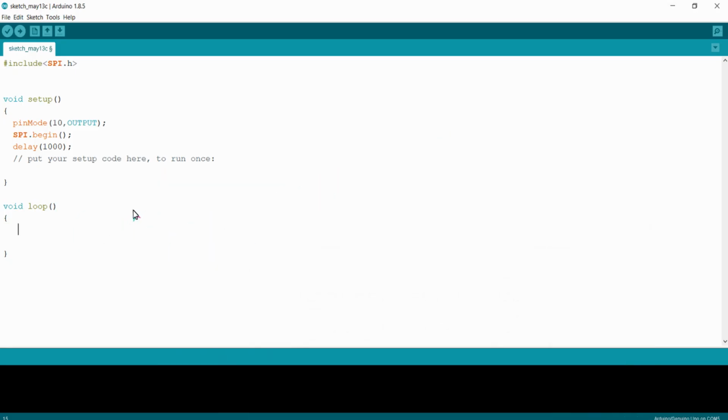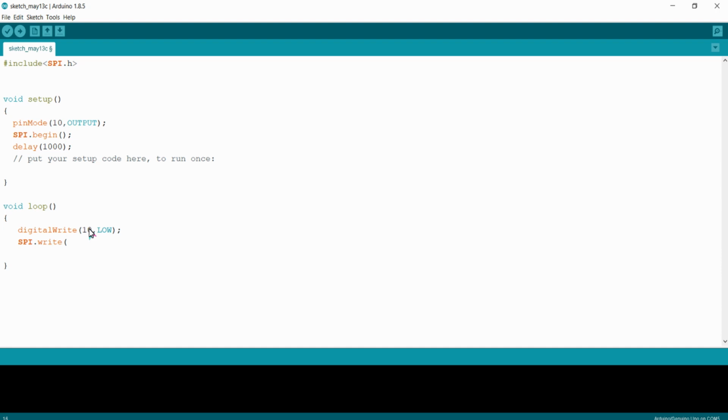The procedure is simple. We initially make digital pin 10 low, because this is a chip select pin. For transmitting any data, you make this pin low, and after transmitting you can make this pin high. Using SPI.write, you can pass a byte of data on the SPI bus of the microcontroller.